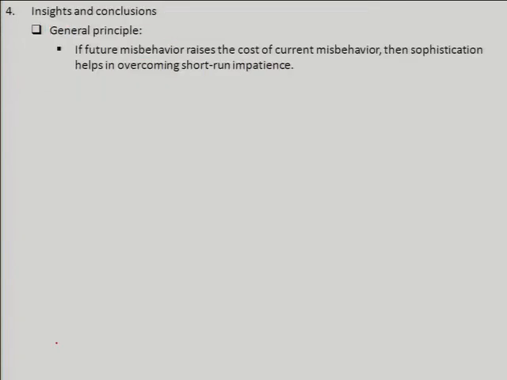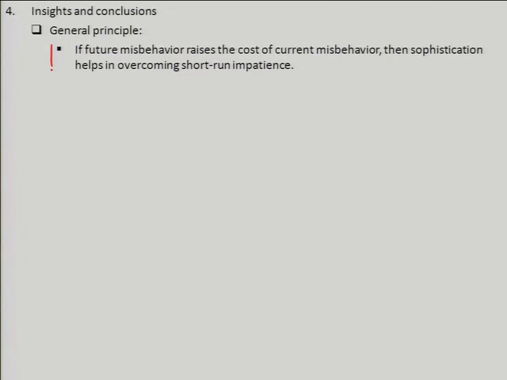As a general principle, if we take that insight seriously, you can determine whether being sophisticated is going to help or hurt in the following way, sort of intuitively. Okay, if the possibility of future misbehavior raises the cost of current misbehavior, then sophistication helps in overcoming short-run impatience. So, for example, in the case where the student had a problem set to do and was going to have to miss one of the movies, which was the procrastination problem that we started with, the sophisticate looks forward and says, oh, I'd like to procrastinate by 1 period, which would cost me a little, but I can see that in fact I will misbehave in the future and procrastinate again, and therefore miss the Johnny Depp movie